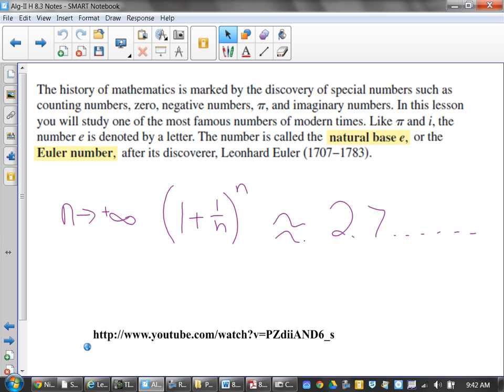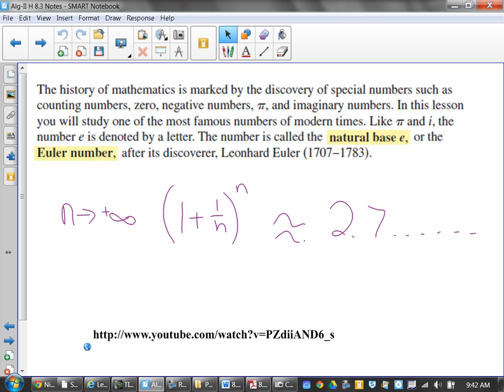As n goes towards positive infinity, as n gets larger and larger, this scenario, 1 plus 1 over n to the nth power, is approaching 2.7 and so on. Okay? It's a non-repeating decimal, just like pi, where it just continues. This natural base, this value of e, you can see how it mirrors the idea of